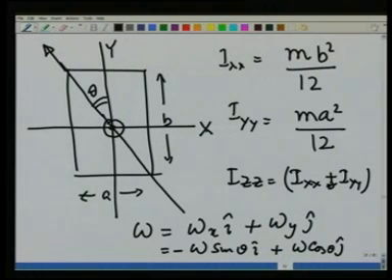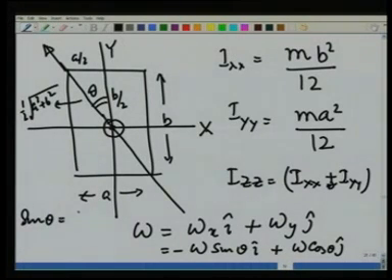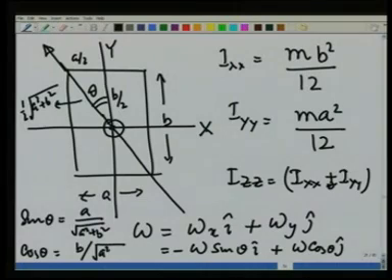Sin theta and cosine theta are easy to calculate because these distances are known. This is b by 2, this is a by 2 and this is going to be 1/2 square root of a square plus b square, and therefore, sin theta is equal to a over square root of a square plus b square, cosine theta is equal to b over square root of a square plus b square,